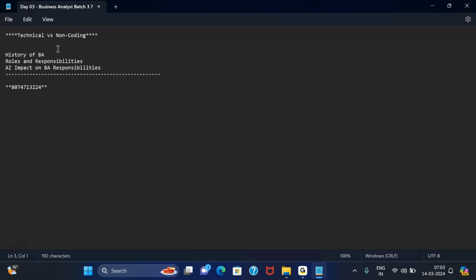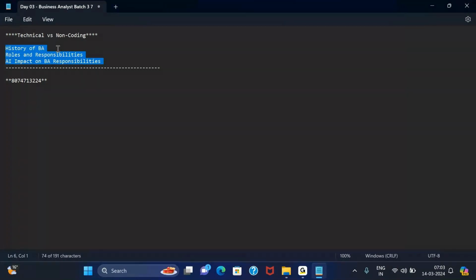Now today in our day 3 of demo, we will discuss briefly on these three topics. Okay, so that is how the role of a business analyst was created, or it actually came into picture. What are some of the roles and responsibilities that a business analyst currently performs?